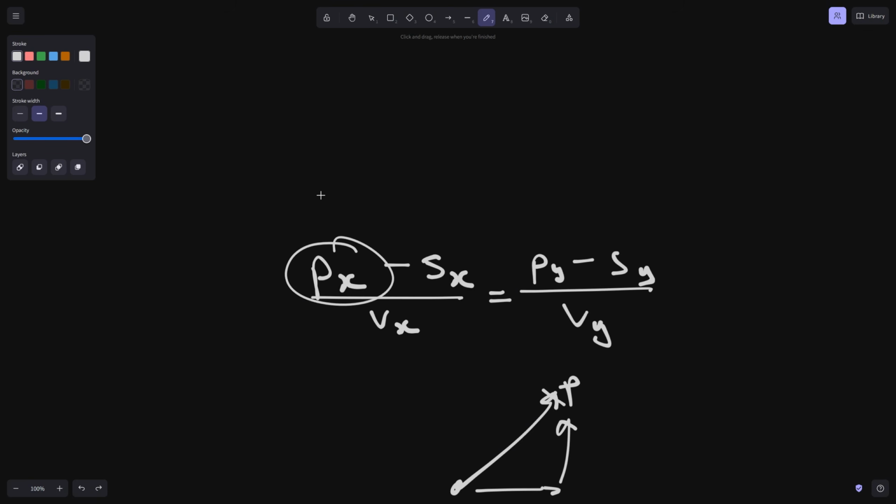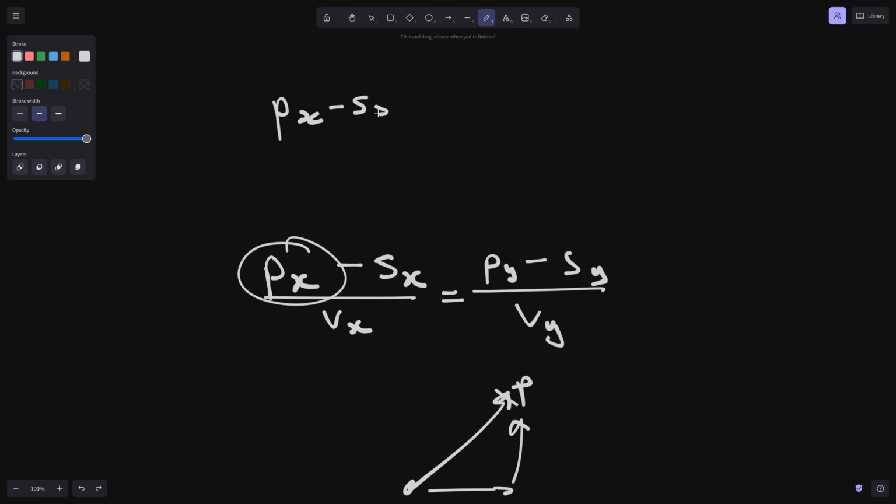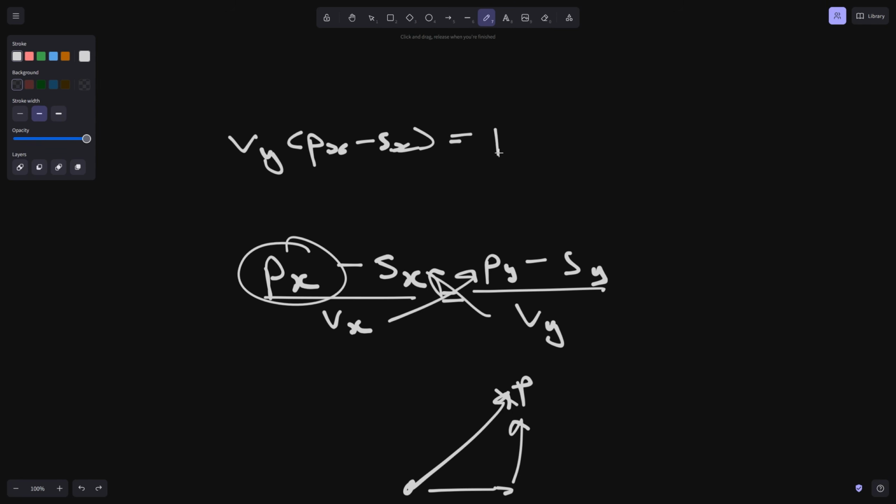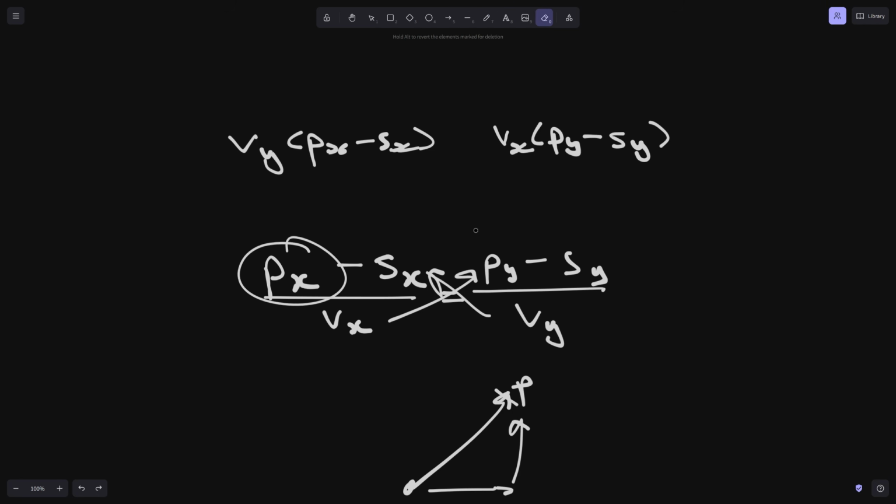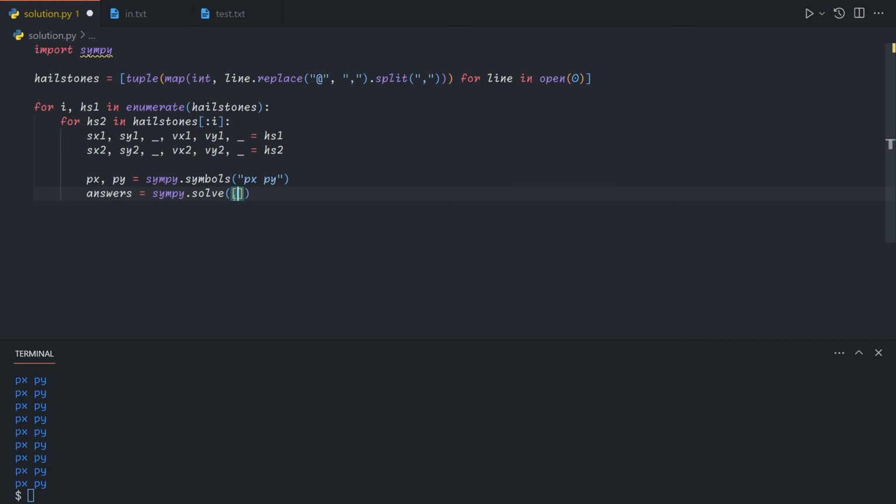So here, the real equation is px minus sx over vx. Actually, let's cross multiply it. I don't know if there's a point, but it looks nicer to me. So this is what our equation is. But SymPy can't really work with this if we feed it like so. And so we're going to subtract and say equals 0. And so when we feed it in, instead of an equation, we're actually feeding an expression. And so our requirement is going to be